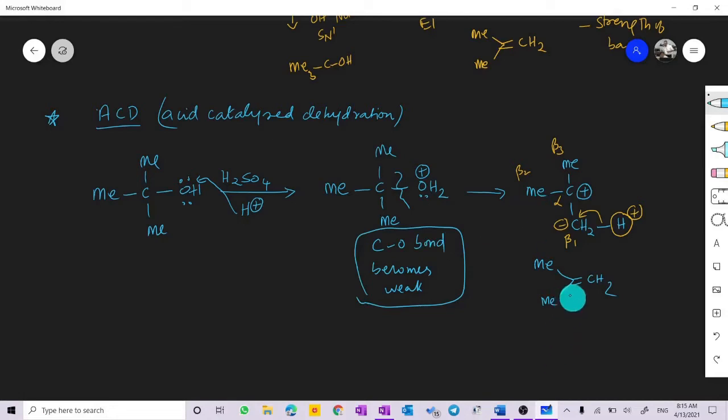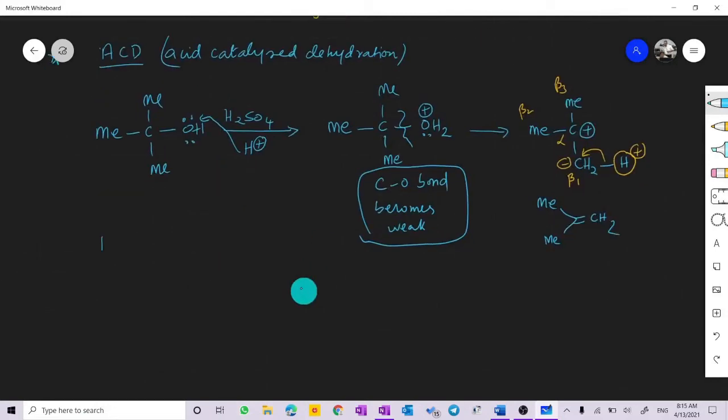Now, the concentration of the acid that we take here depends upon the stability of the carbocation. That means a primary alcohol will give you an unstable carbocation. If you take, say, RCH2OH, and this bond is broken by OH2, then this will develop a primary carbocation. We know that the stability of the carbocation is in this order: primary is less stable than secondary, which is less stable than tertiary. Therefore, a primary alcohol will give you an unstable carbocation.